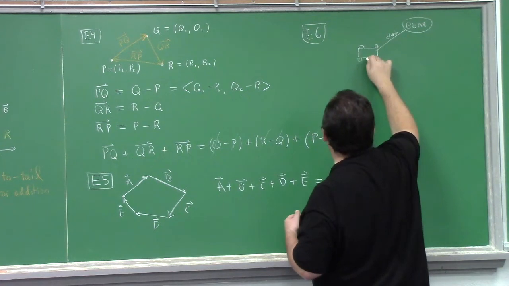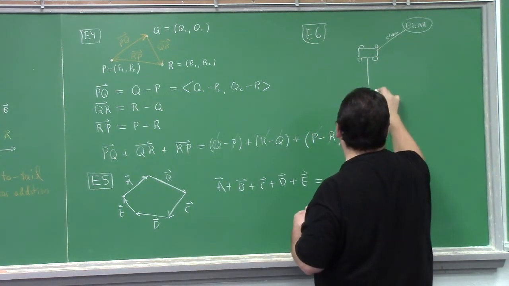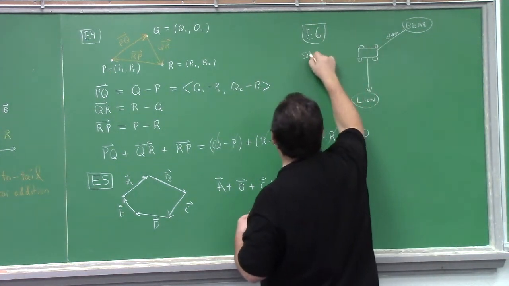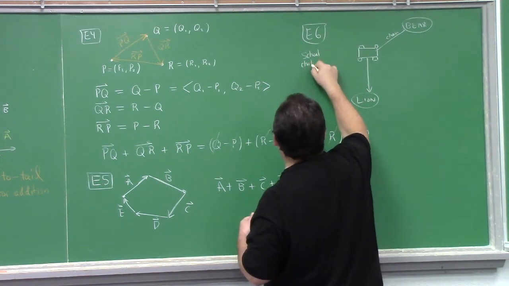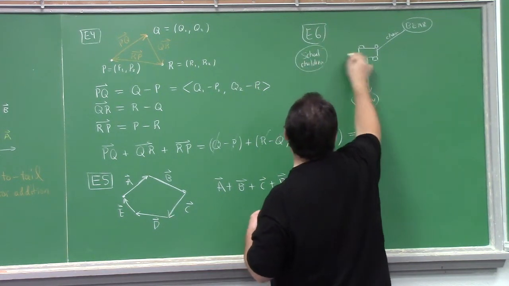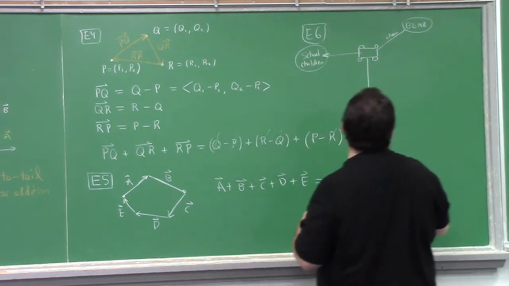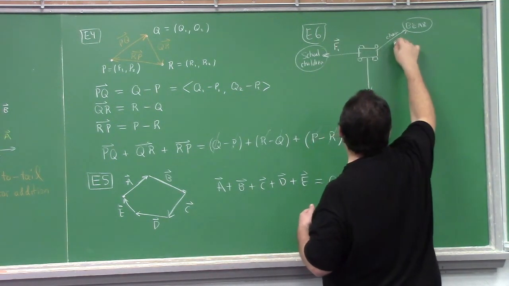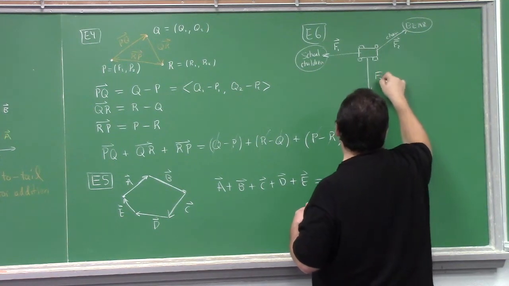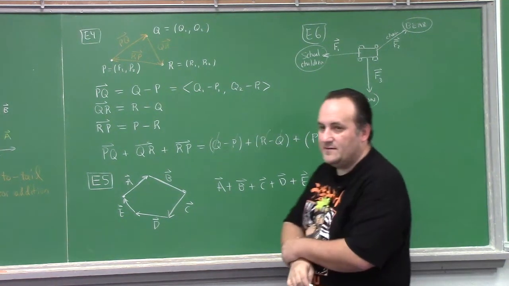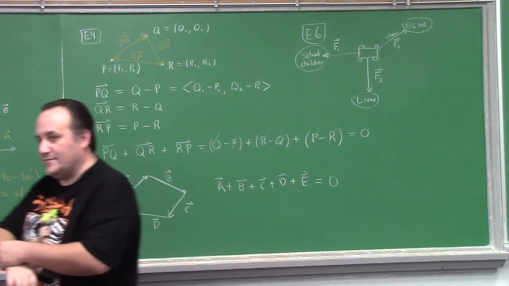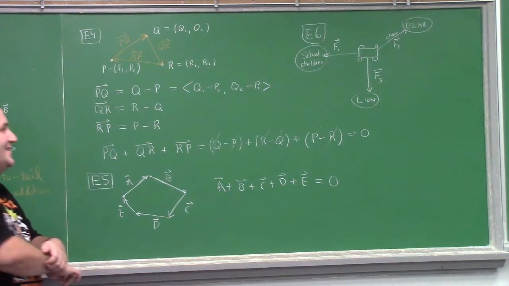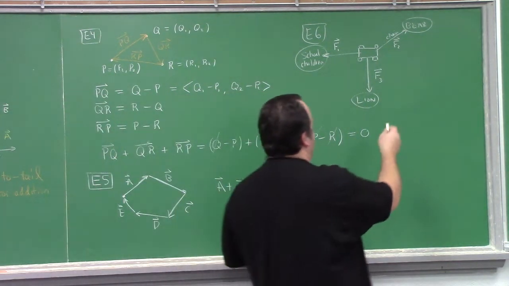And then over here you've got a lion, and he's pulling on it straight down. And then over here you have school children, and they're pulling on it this way. And you have these three forces, F1, F2, F3, and you can say, well, what's the net force on the car? Who's going to win, the bear, the lion, or the children? No one wins. But if you wanted to find the net force,